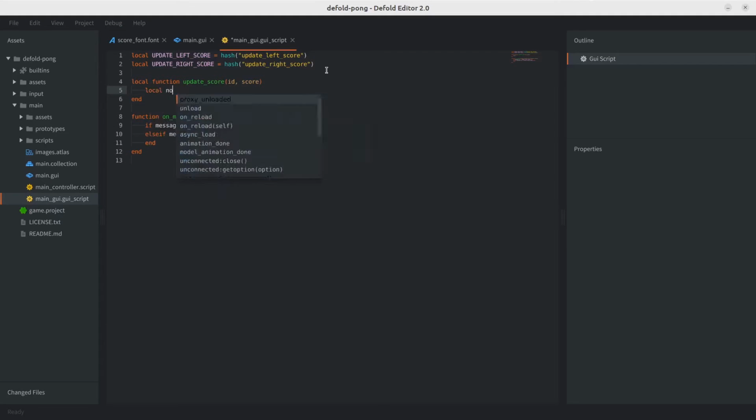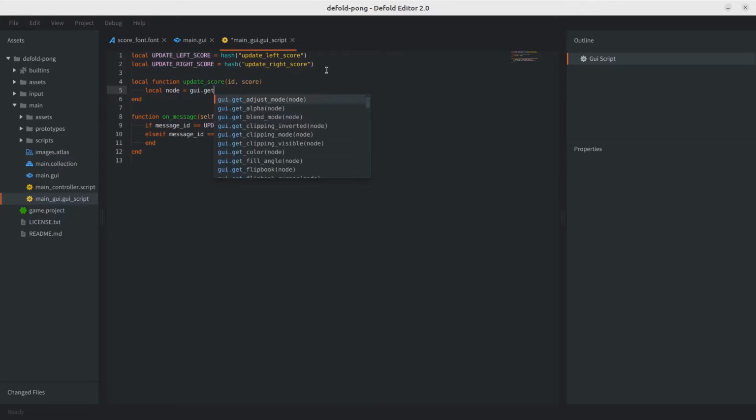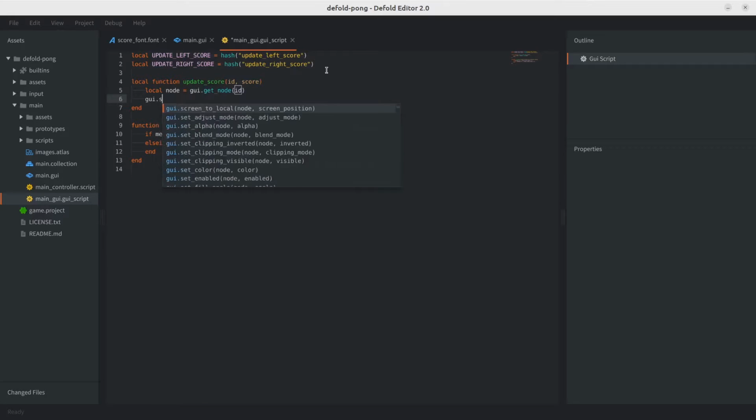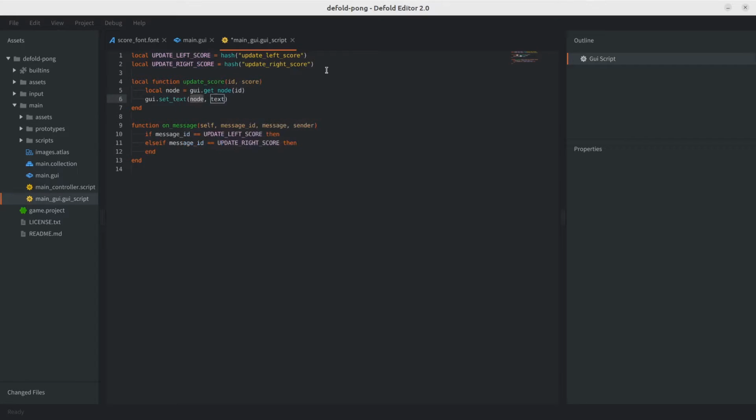So let's go ahead and create a node. And the way we do that is with the GUI. So GUI.getNode is going to give us what we need. As we see, it receives an ID, which we can pass. This will give us the node we're trying to update, right? The easiest thing is we're going to need to set the text, right? So GUI has a method called setText. As we can see, it receives the node, which we already have, and a text, which in our case is